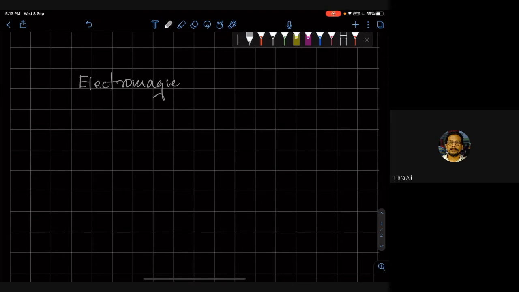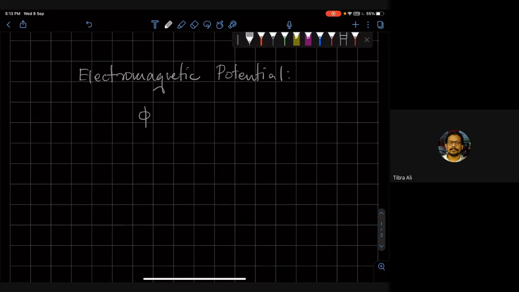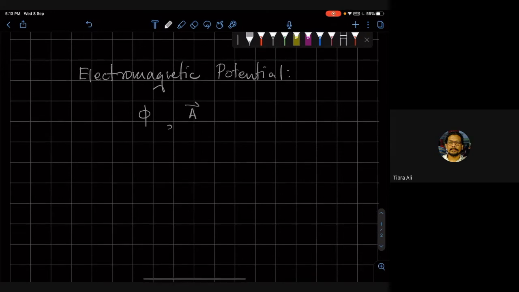Electromagnetic potentials. And there are two. One is a scalar potential phi. Another is a three-dimensional vector potential A. But we know that in